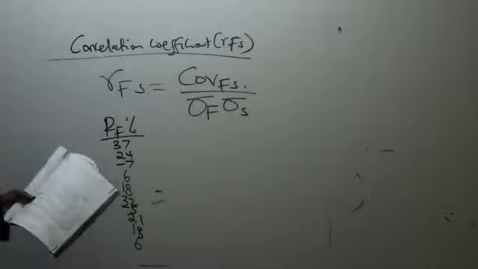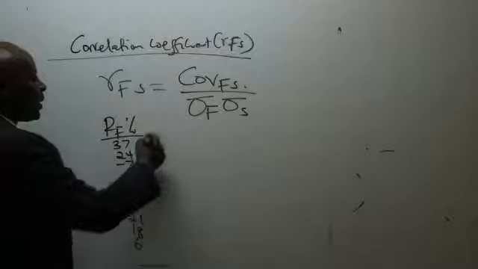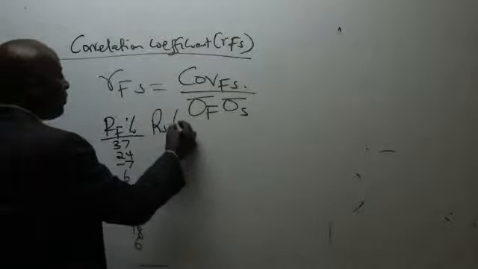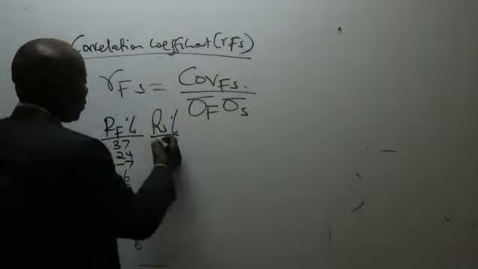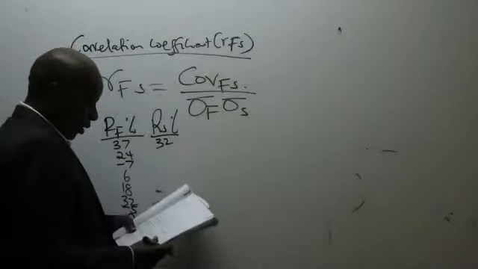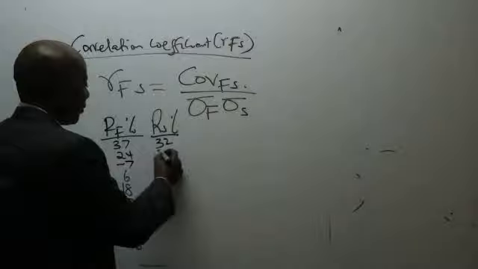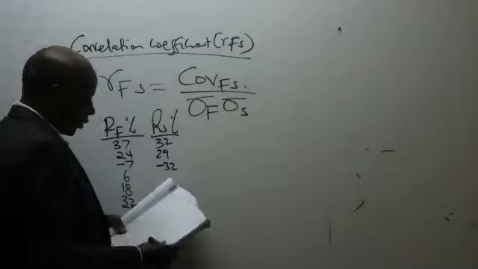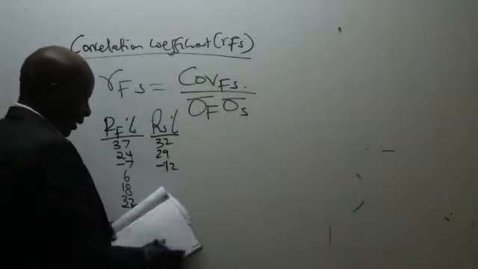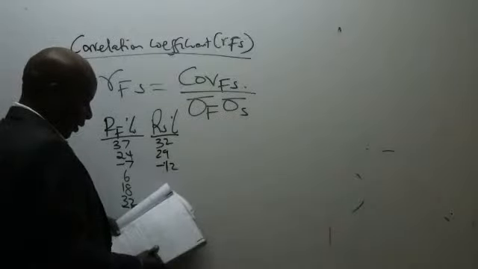And then I'll copy the other one. So we have returns of S in percentages. What do we have? 32, 29, -12, 1,